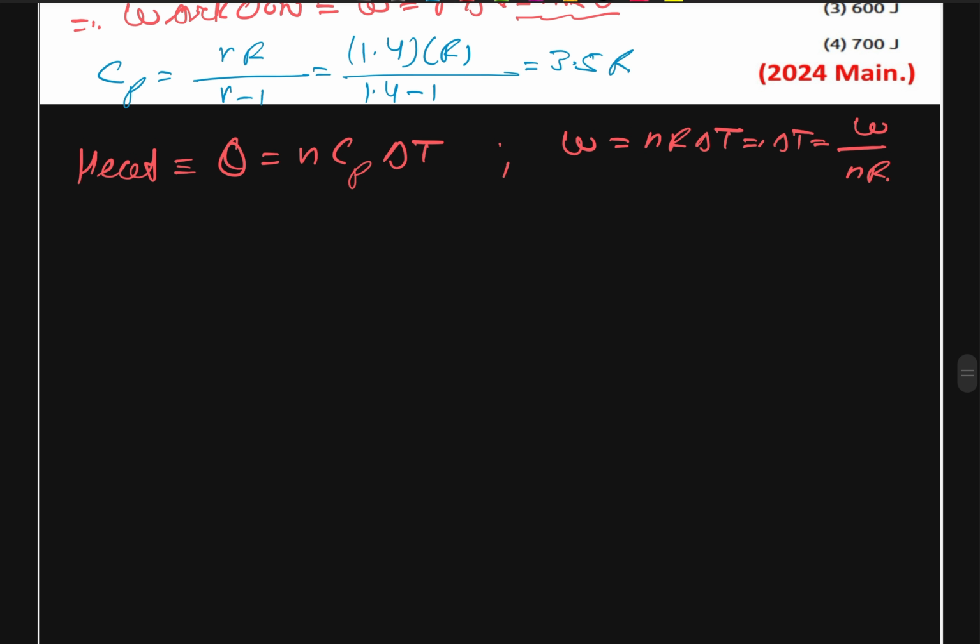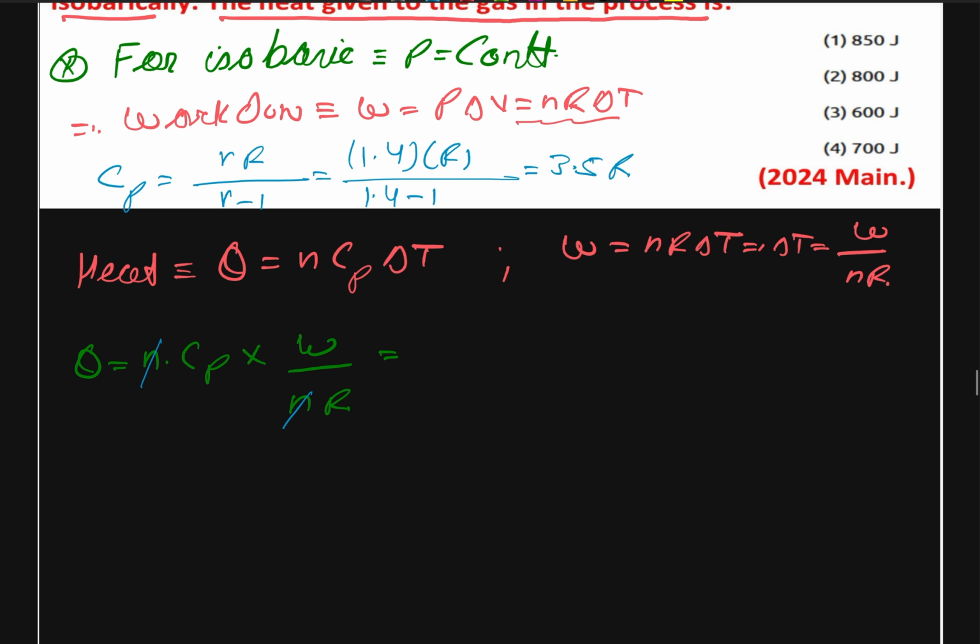Therefore, Q is equal to n C of P multiplied by W upon nR. Here n and n go away, and we can substitute C of P. C of P was our